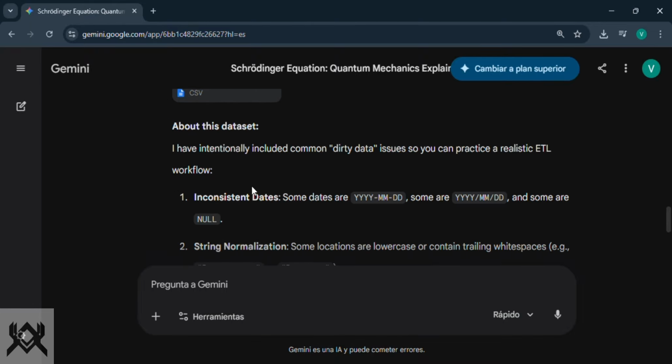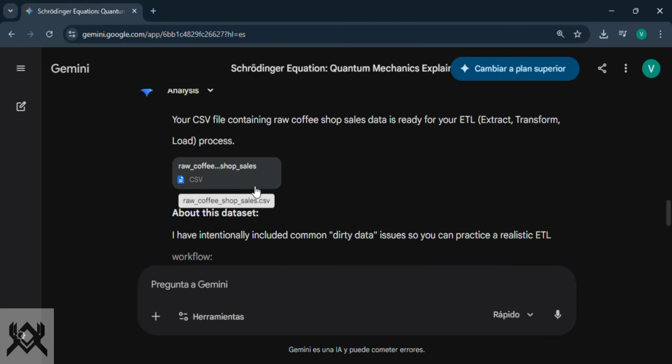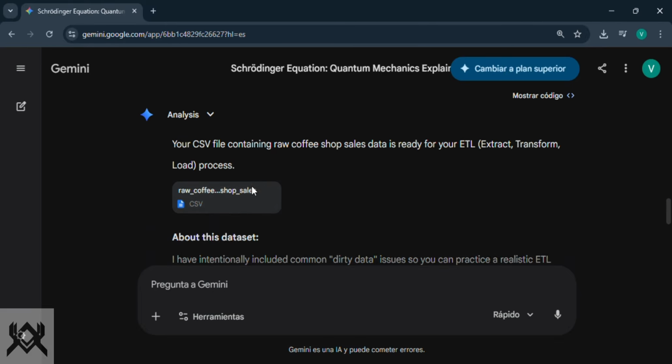Okay, in this case, I personally asked Gemini, can you generate three CSV files with data about a gym? In this case, it is the same idea for these CSV files.